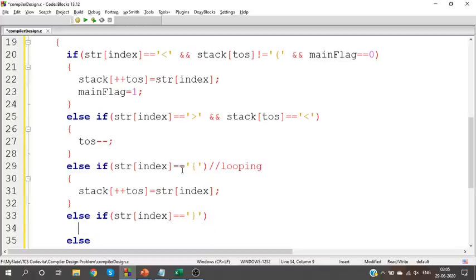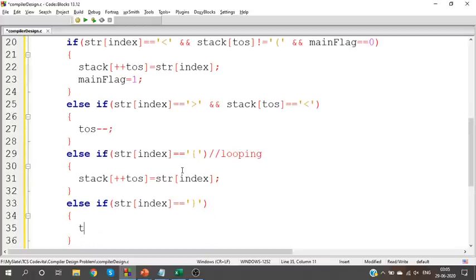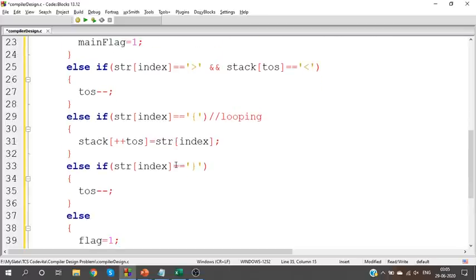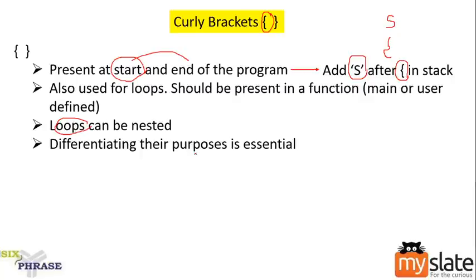So when we see a close bracket, we can pop an element from the stack. Same procedure, but we will have a few exceptions here. Sometimes we can do it, sometimes we are not allowed to do it. Let us analyze that. So think of all possible test cases where a program might cause some issues. Let me show you the first test case.